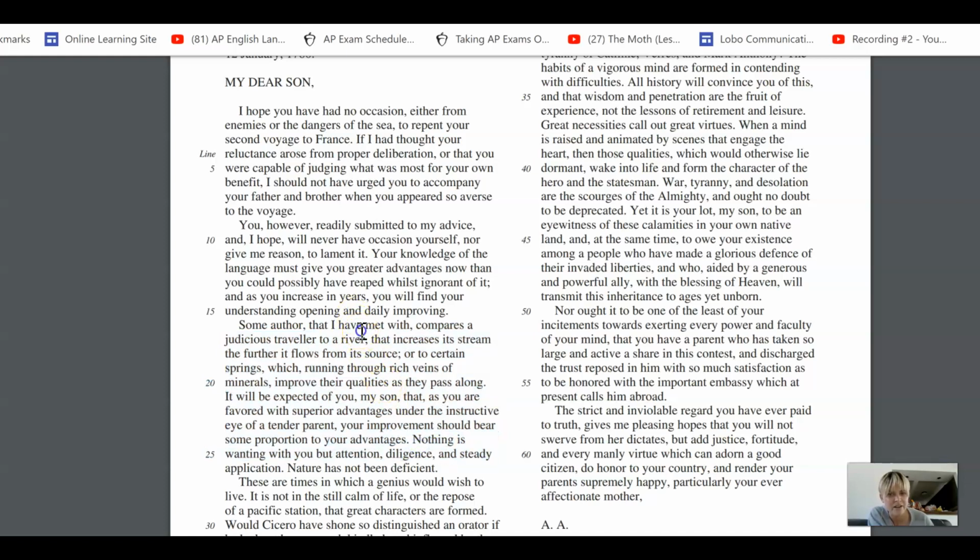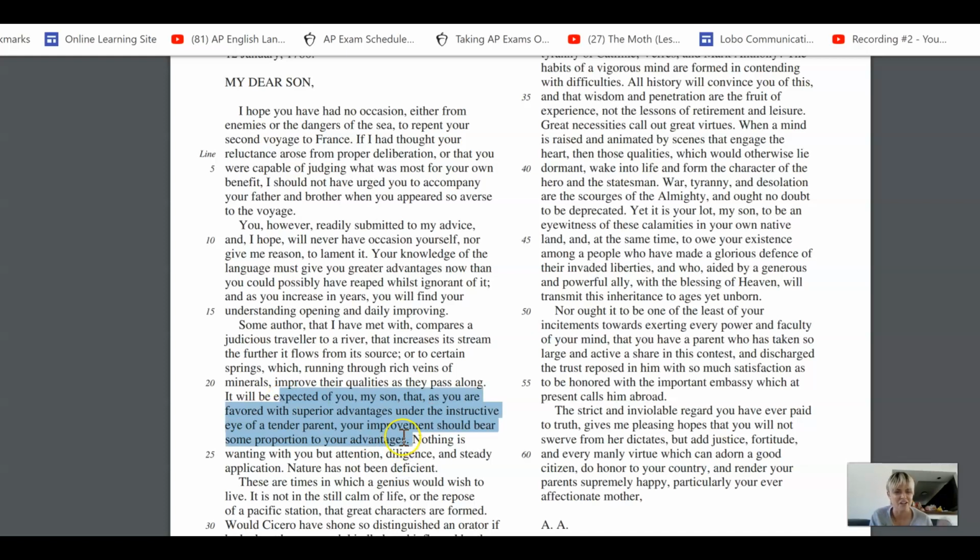So we have two lines here. We've got this metaphor, this simile, comparing his travels to a stream, and the more he travels and the farther he goes, the deeper it's going to get, right? Sort of justifying her decision to send him to France. And so we have this metaphor kind of helping him feel good about that decision to keep traveling. And then there's the second part going on here where she's talking about how because he has these superior advantages and these great parents, he should have even more improvement, right? So there's some expectation that's kind of put on there. It's a pretty powerful line.